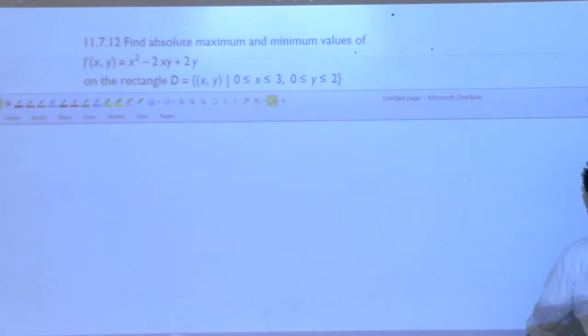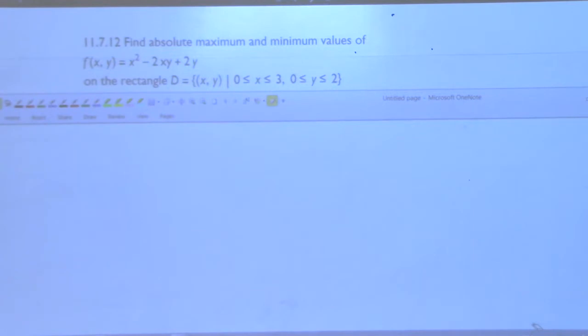If someone asked us where they occurred, we could go back to our list and figure out the ordered triple, the x, y, and z coordinate that gives us the 2's, and the x, y, and z that gives us the -2's. All right, so find the absolute maximum and minimum values of this function on the rectangle